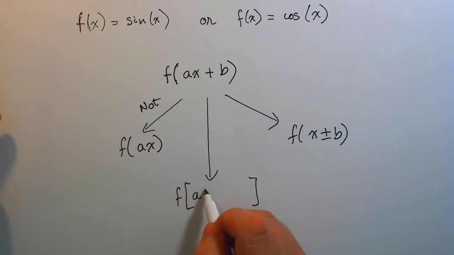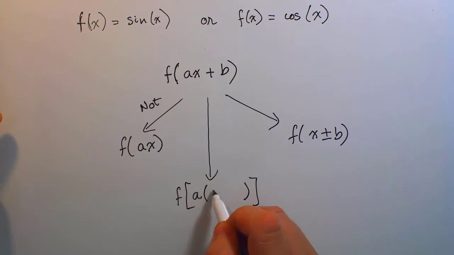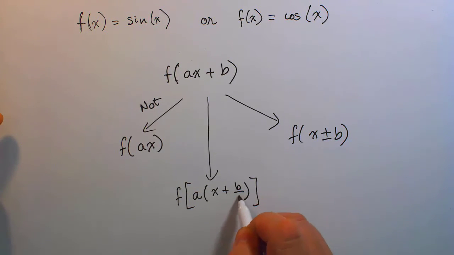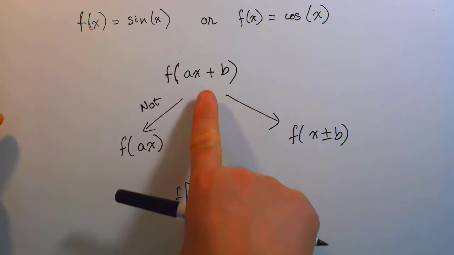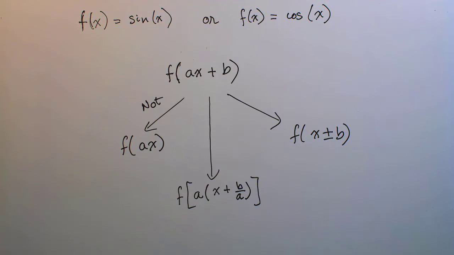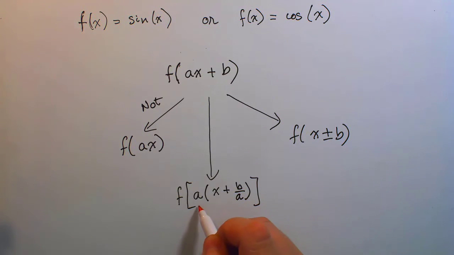Then what remains inside the parentheses is an x with coefficient 1, plus b, which now becomes b over a. Now it's easy to recognize that this a is what's responsible for